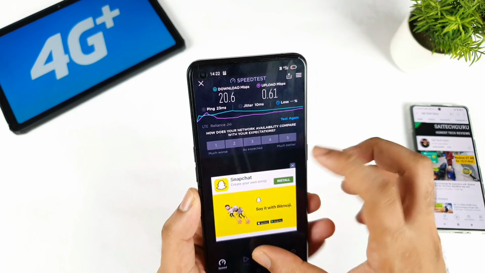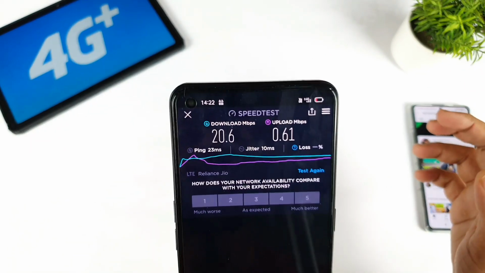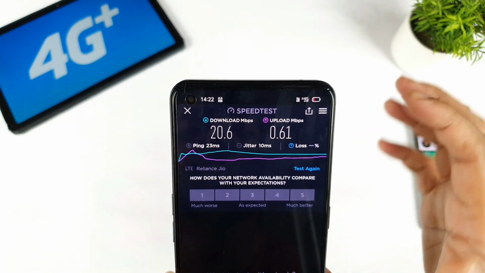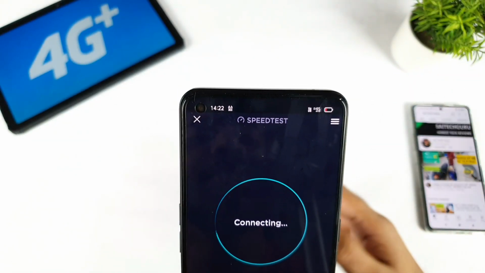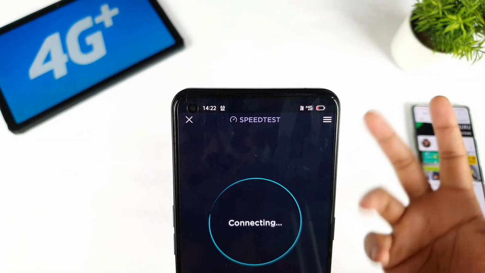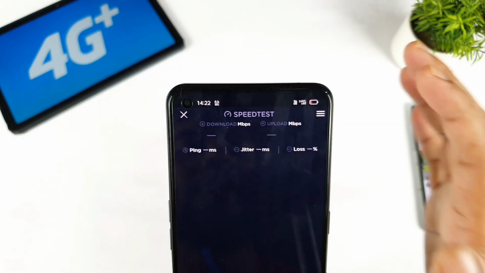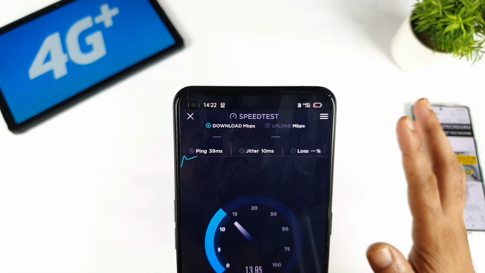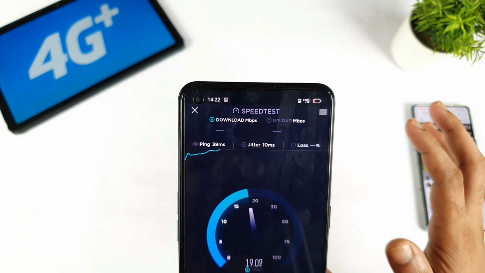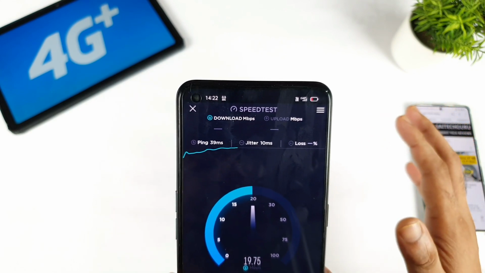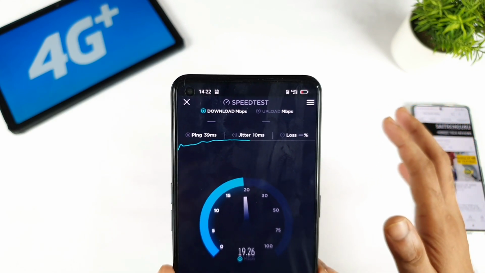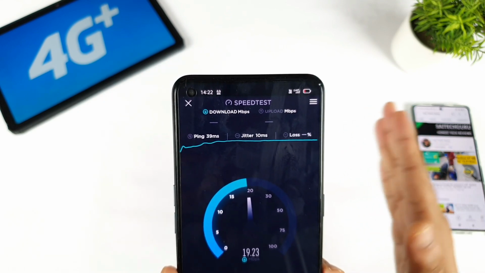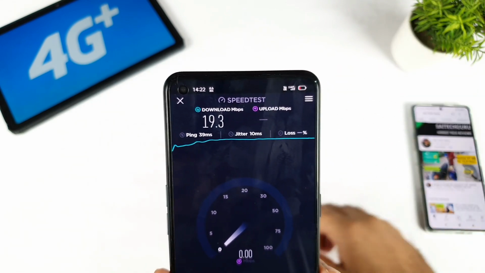So you can see clearly what is happening with the 4G speeds. When you have the 4G plus connection you definitely get higher speeds, and if you don't have 4G plus, then lower speeds. Right now in the same location I'm holding the phone, not moving anything, and let's see how much speed we can get. It's about 17 Mbps. It's increasing, 19. Not bad. It's maintaining a consistent 4G plus at this moment.